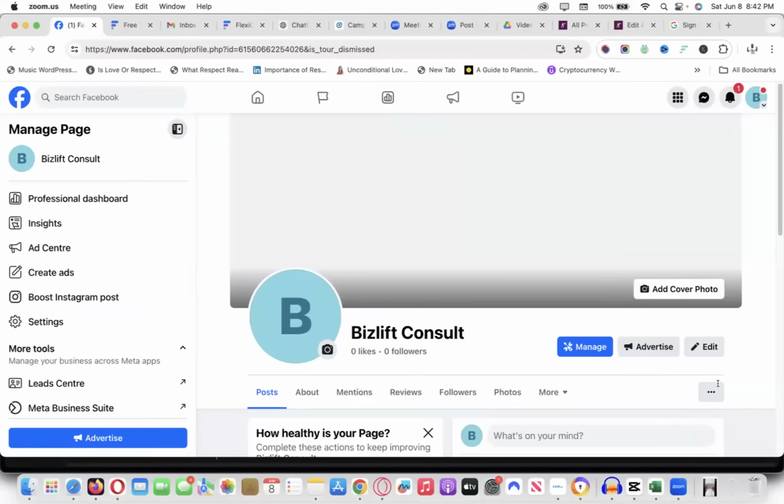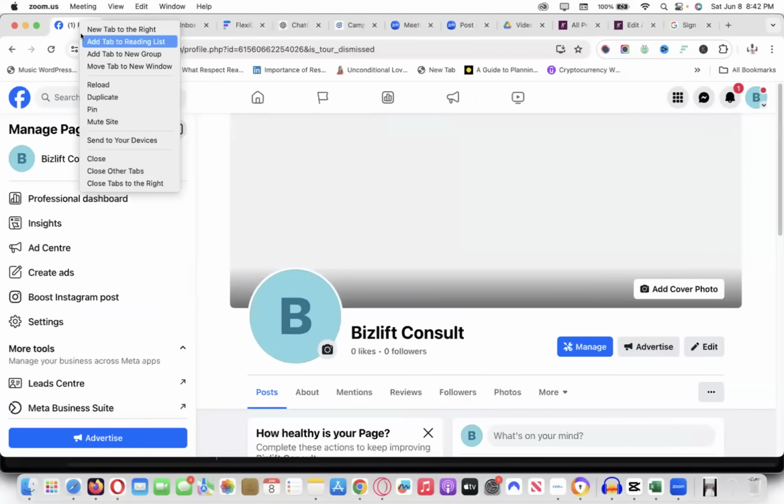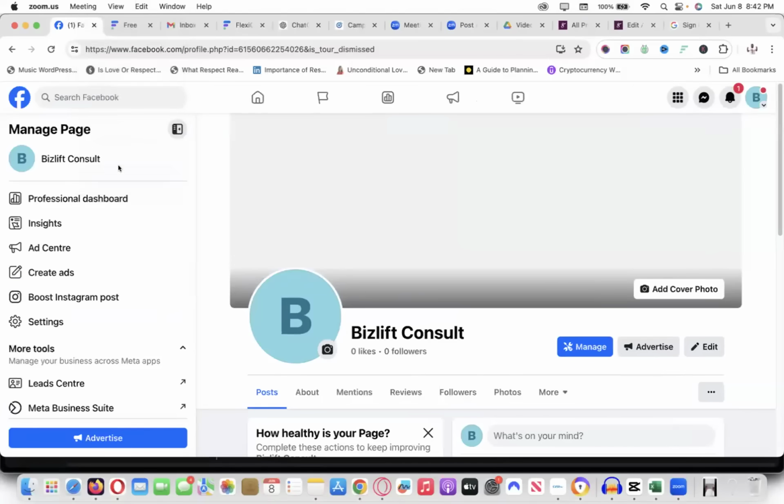Let's confirm. How do we confirm? Let me share my screen. Okay? Now I'm sharing my screen. I'm sure you can see my screen, right? Now, how do we confirm? Let me close all these other tabs. I don't want it to confuse us. Okay? Now, how do we check